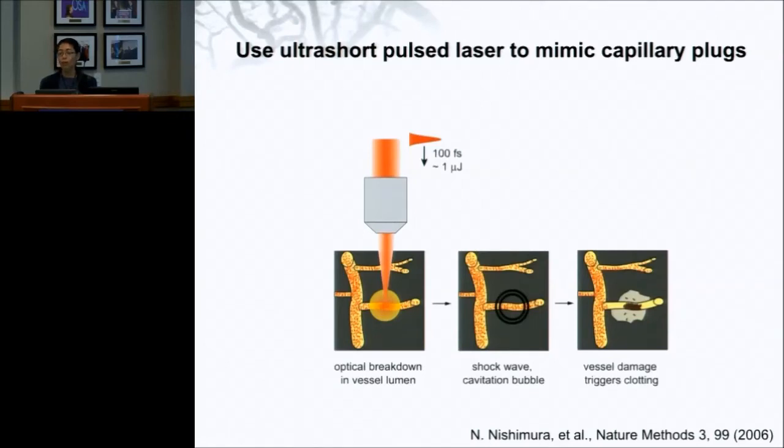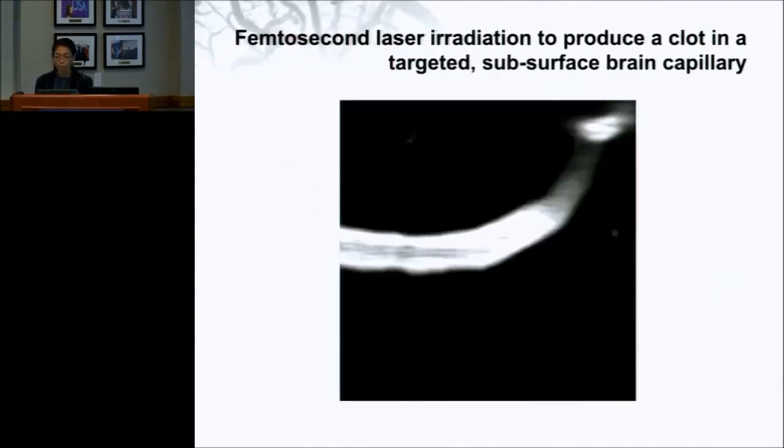Our goal was to understand what happens when one of these tiny microscopic capillaries clots. That's not something you can do with any sort of surgical technique with your hands. So we took the laser that was used in a physics lab and focused it into a blood vessel, and it causes a tiny bit of ionization and nicks the blood vessel and triggers the same clotting cascade that you would have if you cut your hand. And this is what it looks like